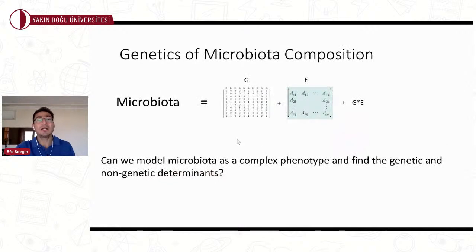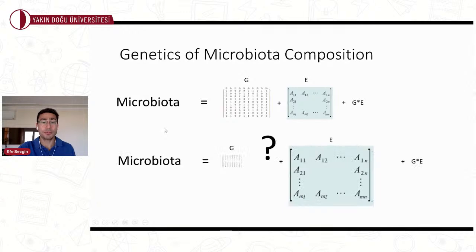So my question is, can we also model microbiota in a similar way and identify the genetic factors contributing to this microbiota composition? So far, the studies, at least for example this UK twin study, suggested that genetics has a much tinier effect compared to environmental effects, such as diet, lifestyle, age, and sex of the individuals. Okay, so is that really the case?